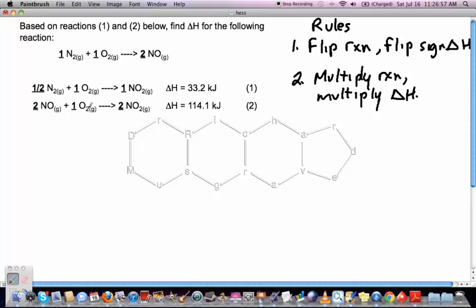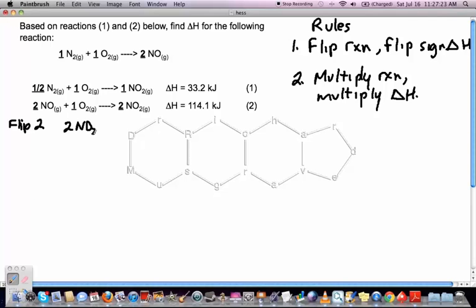First of all, checking the reactions and making sure I have everything on the correct side. As we said, N2 is on the right side, O2 we're ignoring because it appears in two reactions, and NO is on the wrong side. So what I'm going to do is I'm going to flip reaction 2. Now when I do that, this is going to become